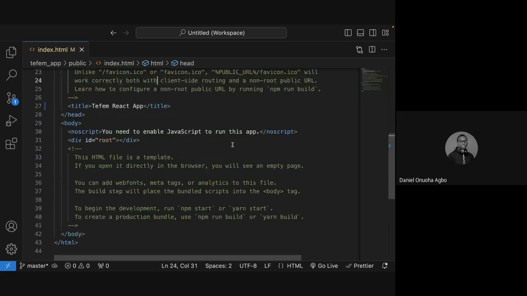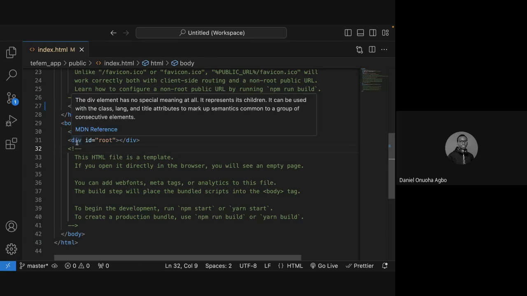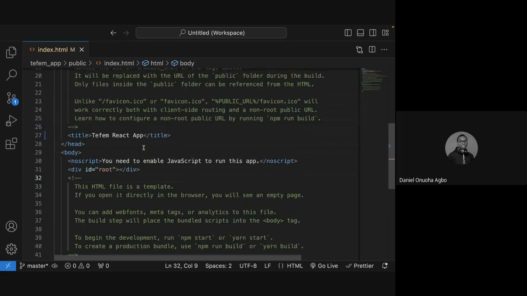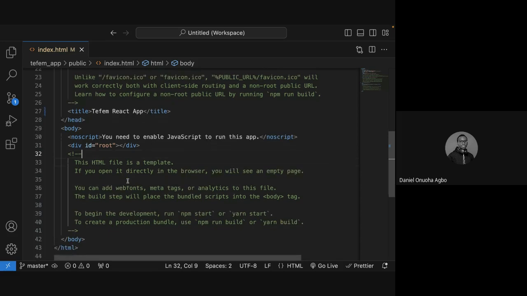This is a setup. Then you have a div inside the body that has the ID of root. Now I want you to take note of this. This is a div that has an ID of root, and you just have div. This is the only thing you have in your